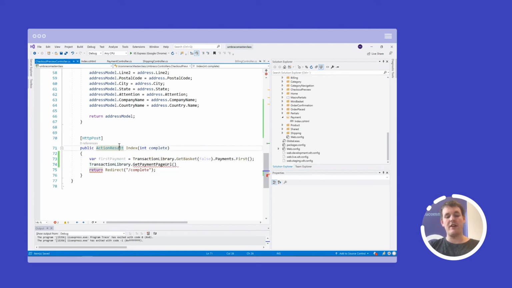And the payment would have been created in the previous part of the checkout flow from the payment page we just came from. So we redirect from payment over to the preview page, and as part of that, we create an actual payment that needs to be fulfilled by the customer. That's the payment that we're getting here. So we'll pass that into the get payment page URL, and actually what we have to do here is grab the URL and then redirect to that page using the MVC API here. And that's actually all we have to do here in order to check out the customer.